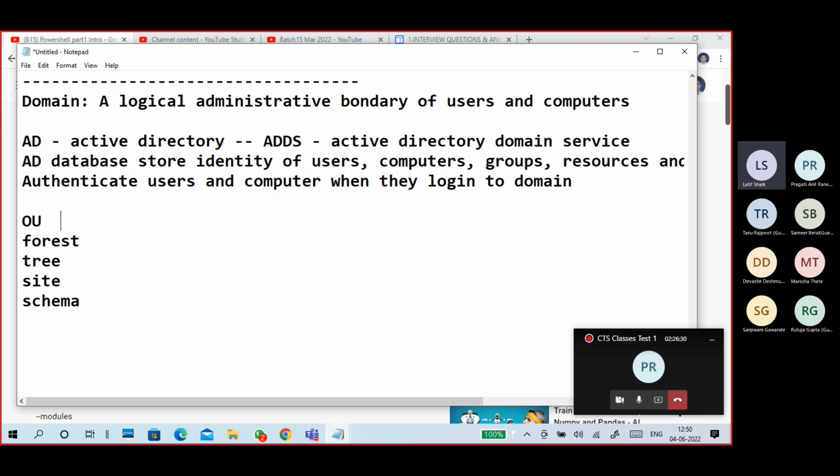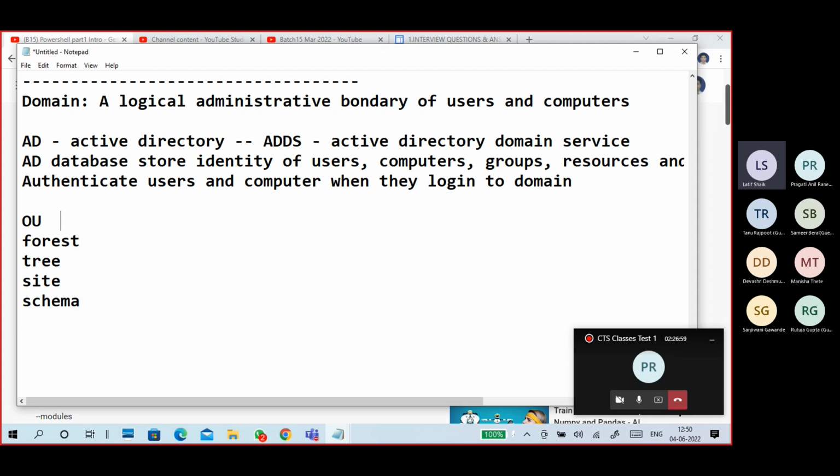First of all, OUs are for organizing users, groups, and computers into different containers. We can link any group policy to an OU, so the OU's users, groups, and computers will be affected by that policy. The settings will apply. Another one is we can give some administrative rights on a particular OU to a particular user or a group.